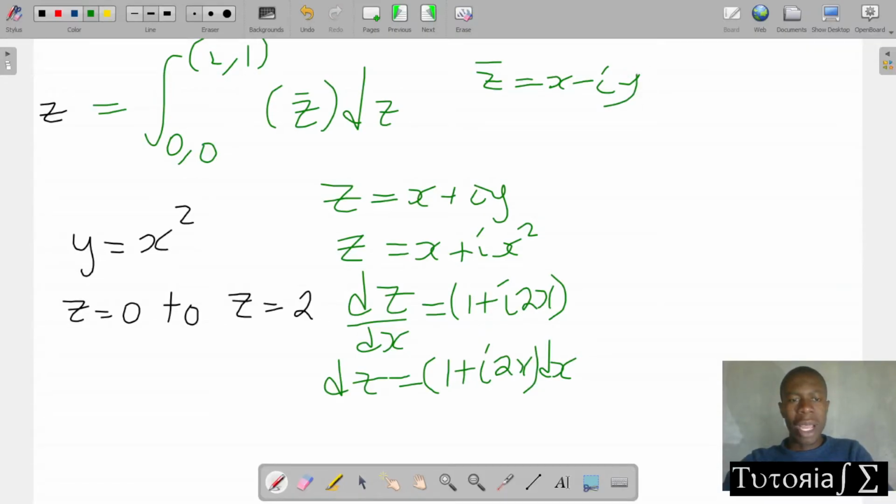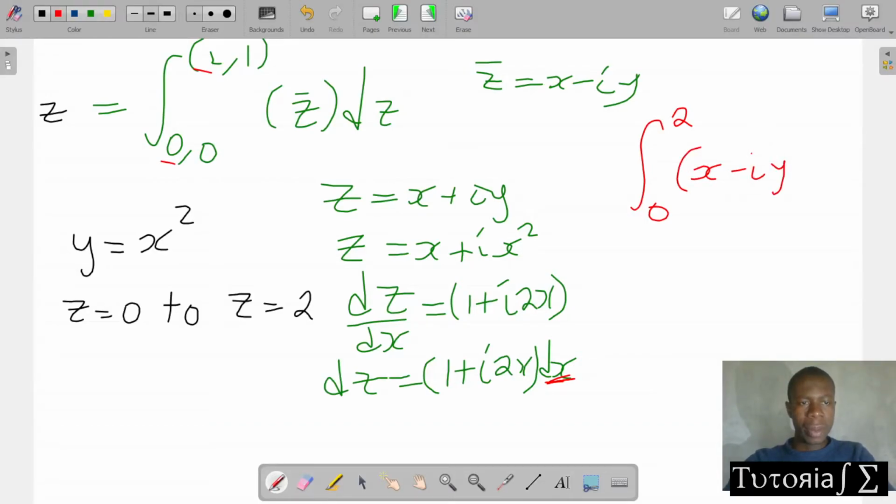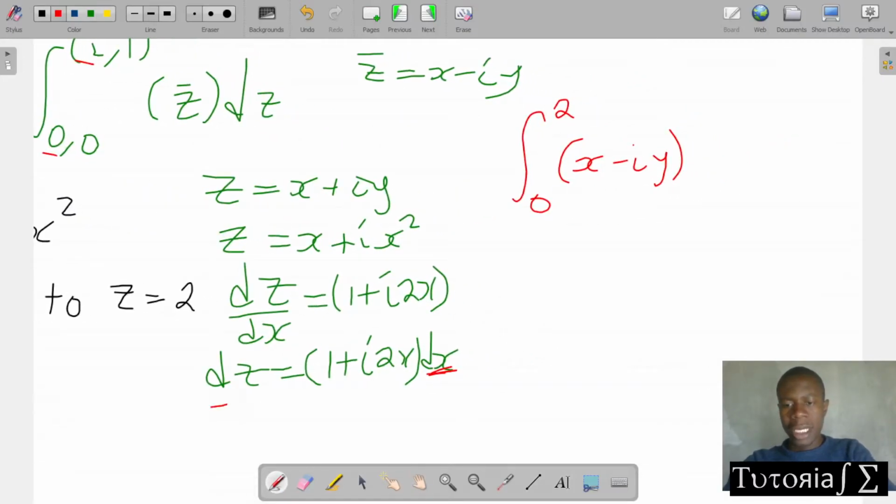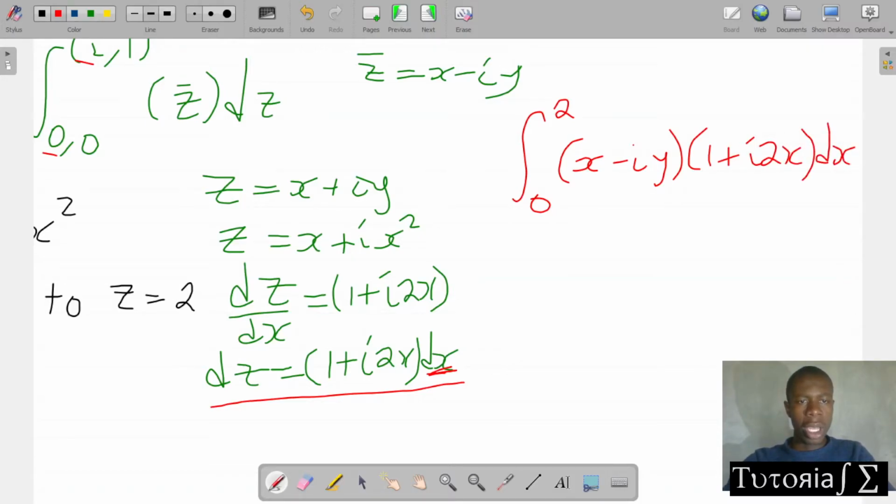Okay, meaning that our integral now becomes, since we've chosen to go with x, so we're using x limits, we are moving from 0 to 2. Then we have x minus iy. Then our dz is this. dz now becomes 1 plus i2x dx. Okay, now we need to replace this with the corresponding value of y, which is y equals